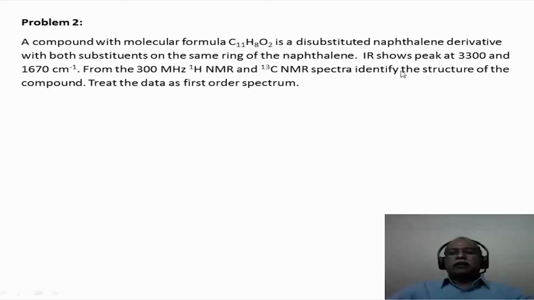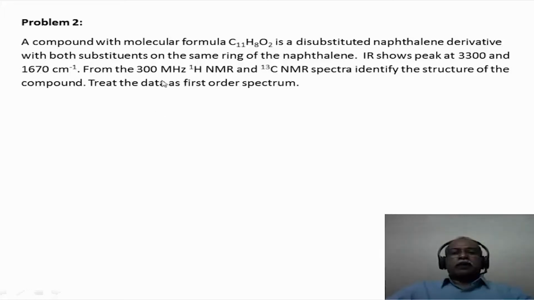The IR shows peaks at 3300 inverse centimeter and 1617 inverse centimeter. This would indicate that there is an OH kind of a hydrogen, which one can confirm both in the IR spectrum at 3300 inverse centimeter, and also by looking at the NMR spectrum to see whether there are exchangeable hydrogens. 1670, of course, would mean that it is an alpha beta unsaturated carbonyl system. This is a very characteristic region for an alpha beta unsaturated carbonyl system.